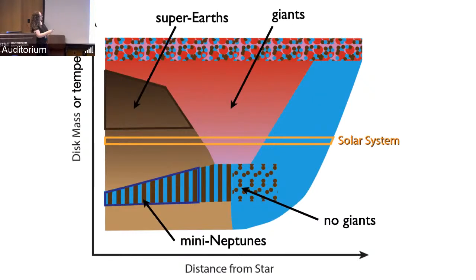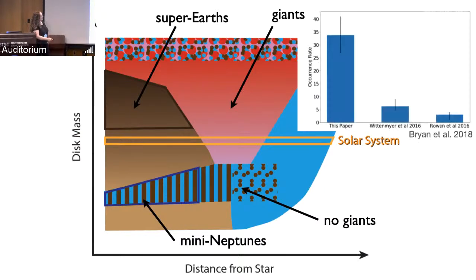Okay, so what about the bulk compositions of super Earths? Well, if you're trying to organize things this way, which I know is too oversimplified. Again, that's the point, right? Then you should have gas giants out there with it. On the other hand, if you made no giants, and you make your mini Neptunes outside the ice line and migrate them in, so our super Earths are really water worlds, then you shouldn't really have gas giants. Okay, there's some information about this now from several groups.